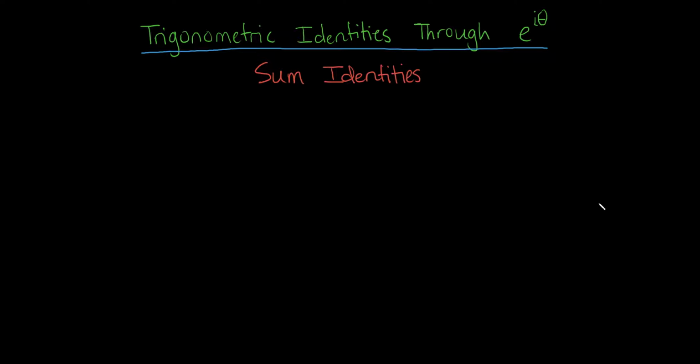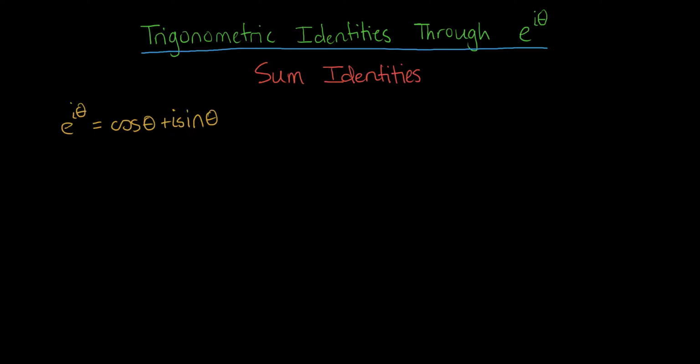In the last video, we looked at how we could use Euler's equation, which is e to the i theta equals the cosine of theta plus i sine of theta. We looked at how we could use this equation to find the double angle identities for the trigonometric functions. Well, in this video, we're going to see how, again, the same fascinating connection between trigonometry and complex numbers and